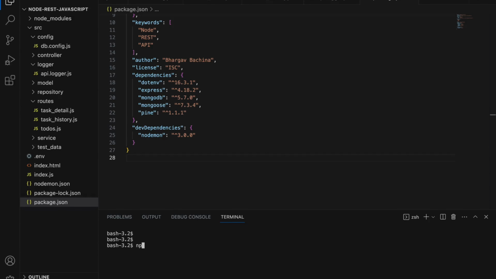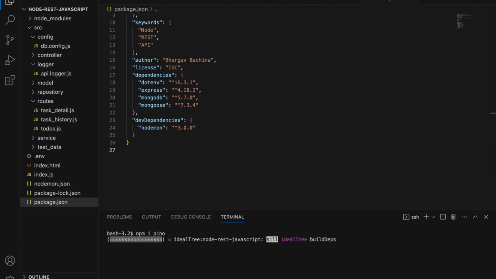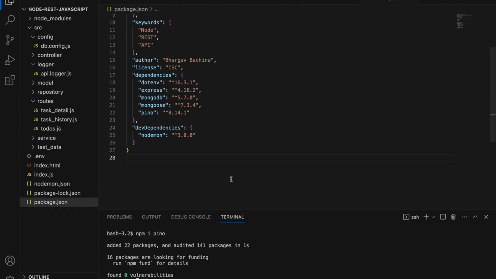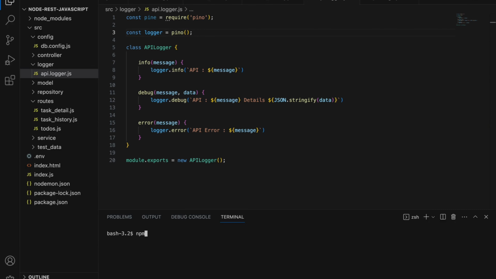First we need to uninstall the Pine library, which we have implemented in the previous episode. Let's uninstall with the uninstall command. Now we have to run this Pino install command, and this Pino library gets added to the dependencies object. We need to change that Pine to Pino in the import command, and also